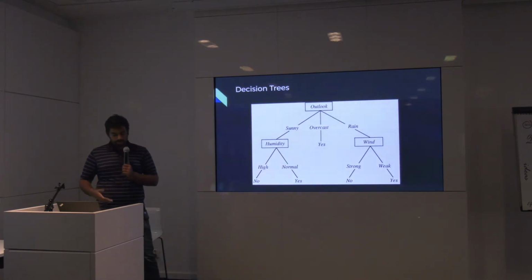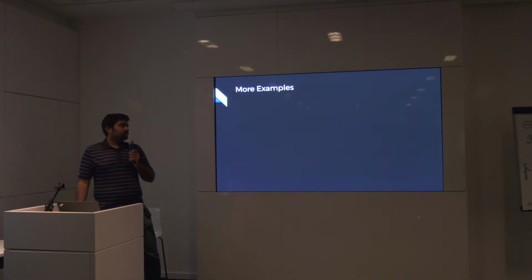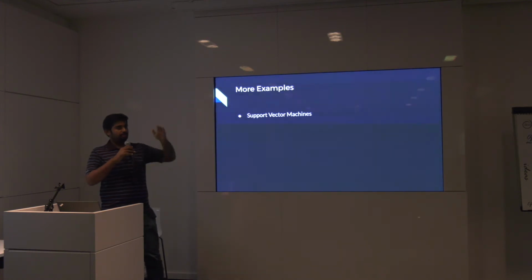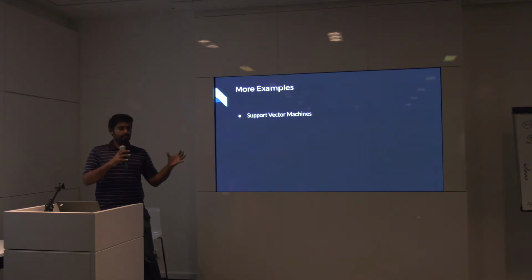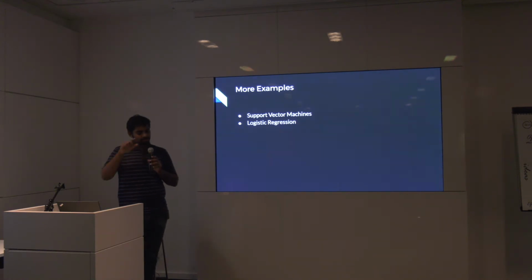Okay, and the way you learn decision trees, there's a lot of theory behind it, so I won't go into that, but if you're interested, you can ask me after the talk or during the after party, as you like. So classification, there are more examples like support vector machines, which are again simple, a line which divides the data set into two classes, plus and minus. So it's a bit more complicated than that, but in this logistic regression, this gives an idea of what is the probability of a data point belonging to a class.